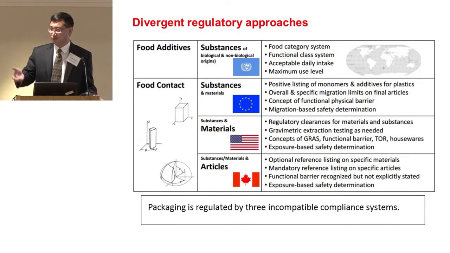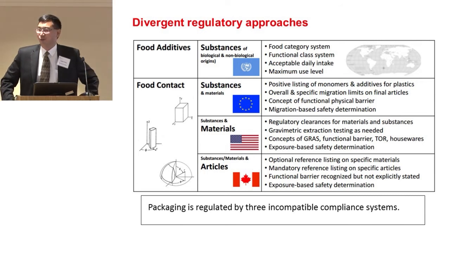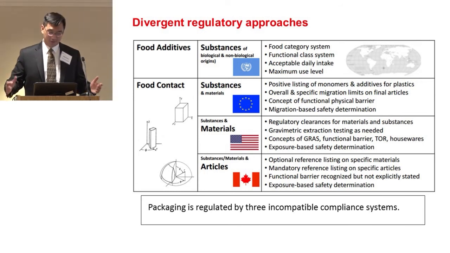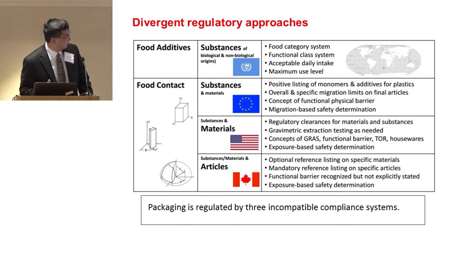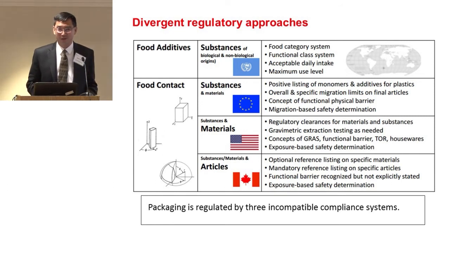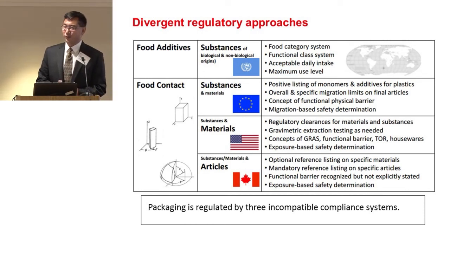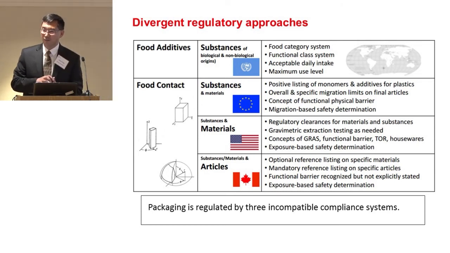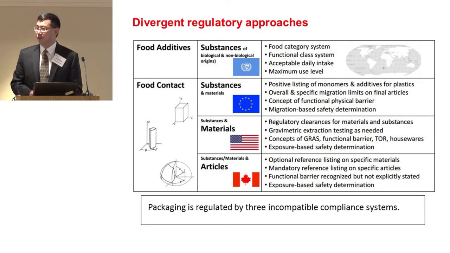Unfortunately, it's not just two. I'm glad to see Anastasia here from Health Canada. We actually have three different systems, just like we have three different kinds of geometry frameworks. You can use rectangular, you can use cylindrical, you can use spherical. Whichever shape you use has its natural ways to describe, but one works better than the other two. But what happened is that we are confined to one particular kind of framework that makes it very awkward to describe safety, as in the case that I just used to illustrate.